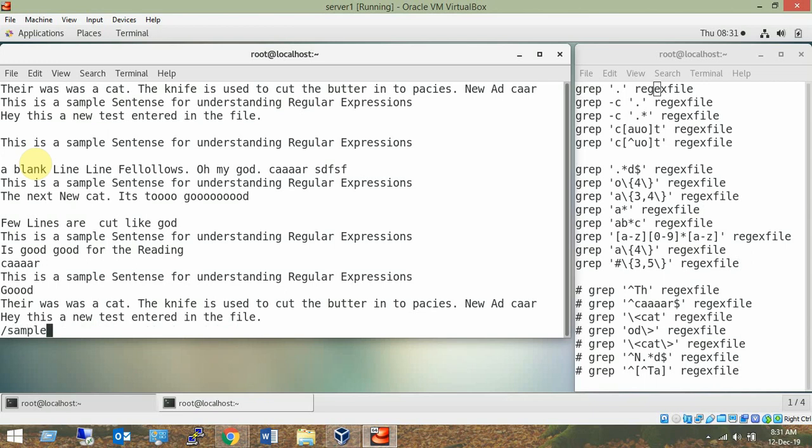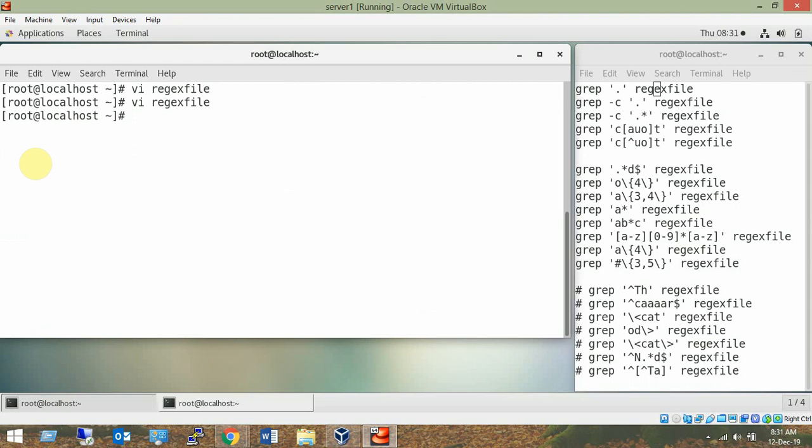I want to search sample. So I type /sample from the command mode, and it will search sample wherever it is in the file. I continue / followed by enter key, / followed by enter key. It will continue searching. Searching and replacing is also done like this. So in this quick demonstration, and now to quit without saving, I can use :q!. So I have quickly demonstrated the commands: insert mode, command mode, exit, searching.